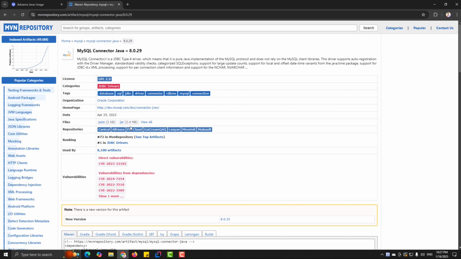It has a size next to the jar file. You can click on this to download. Alright, you can see we have the file downloaded. After you download,